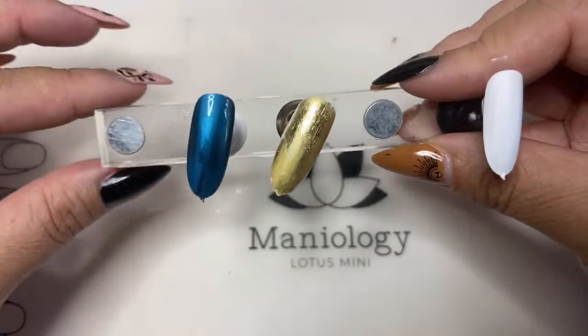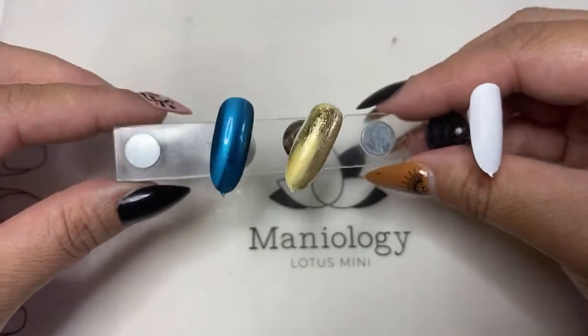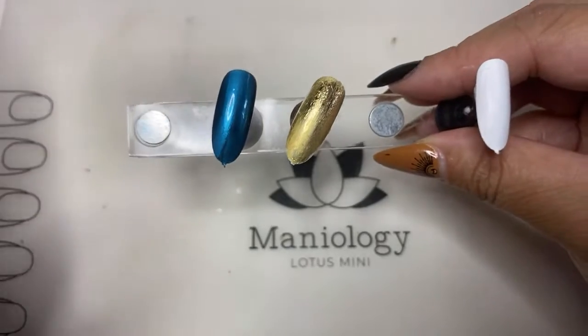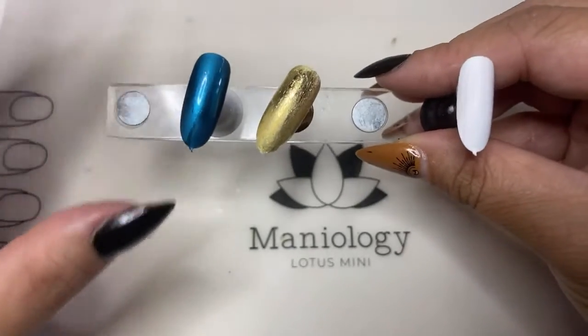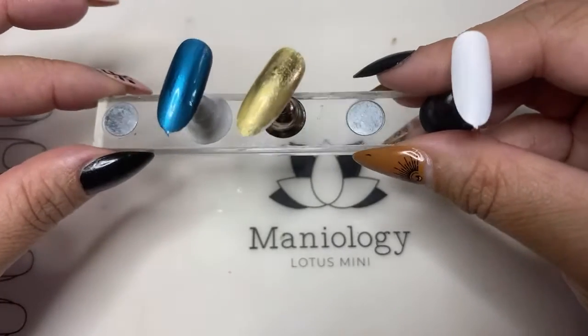Again, don't be panicked by this. Don't be freaked out. It's completely normal. Just let it go, let it be, and it'll dry on its own. Once it's dry, you'll notice that all that weird white haze looks